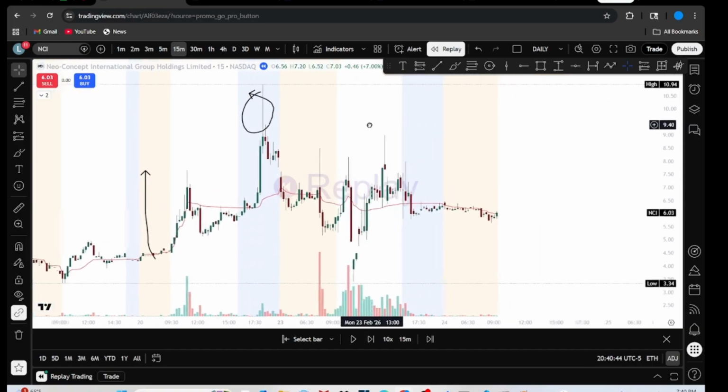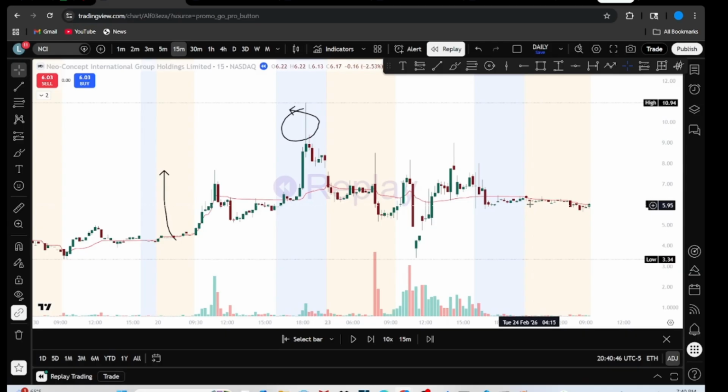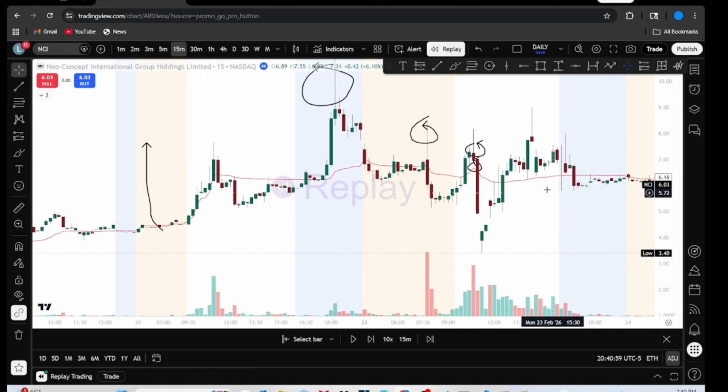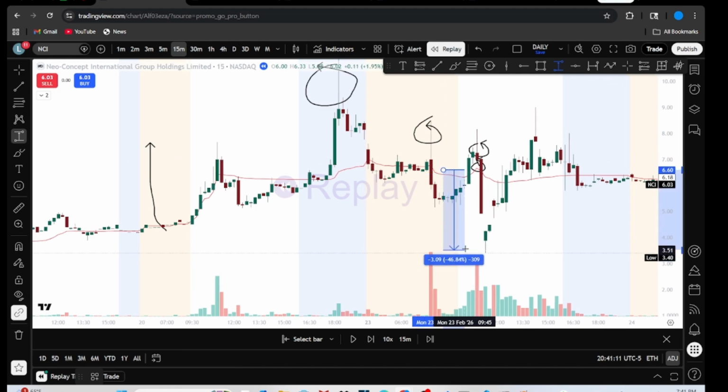And so coming into the actual day, I ended up shorting within this spike right here around $8. And then I ended up shorting a lot more within about $7 down to $6.50. My average ended up being, I believe, $6.58. And then I covered everything between $3.60 and $3.90. So my average was 658, so it's pretty close. I ended up catching a 45% move to the downside, essentially.